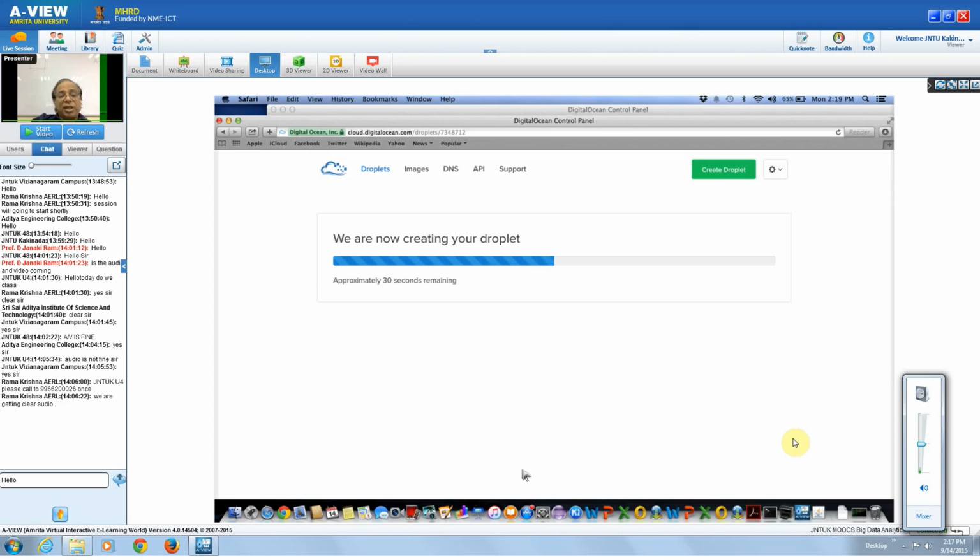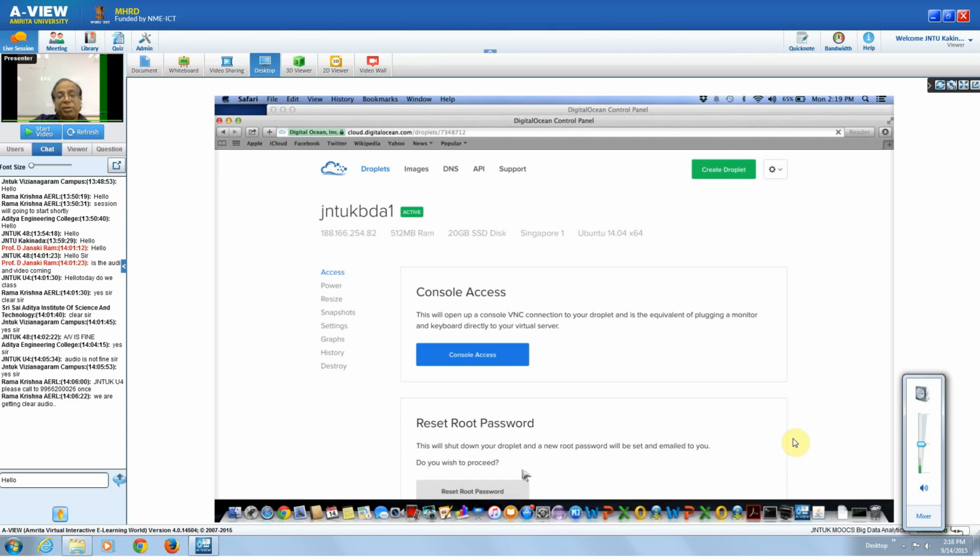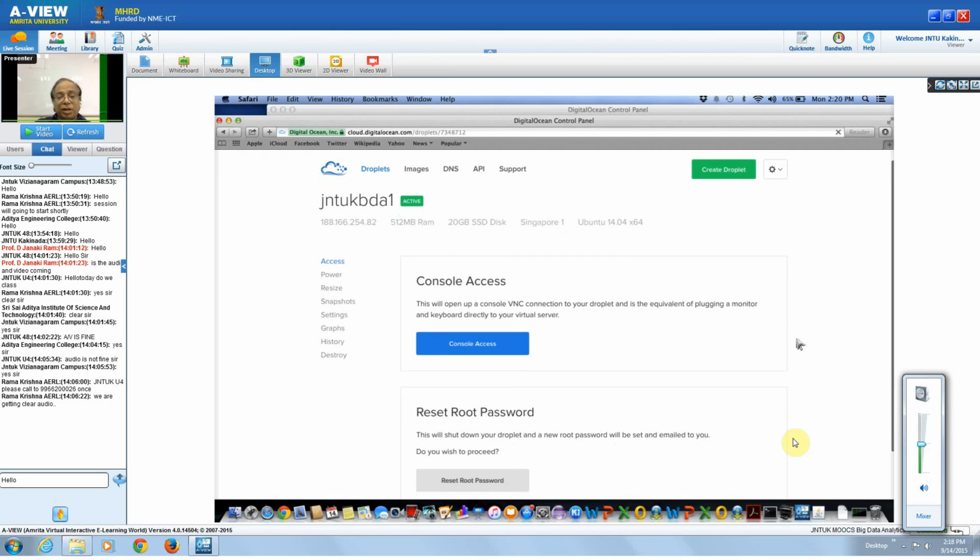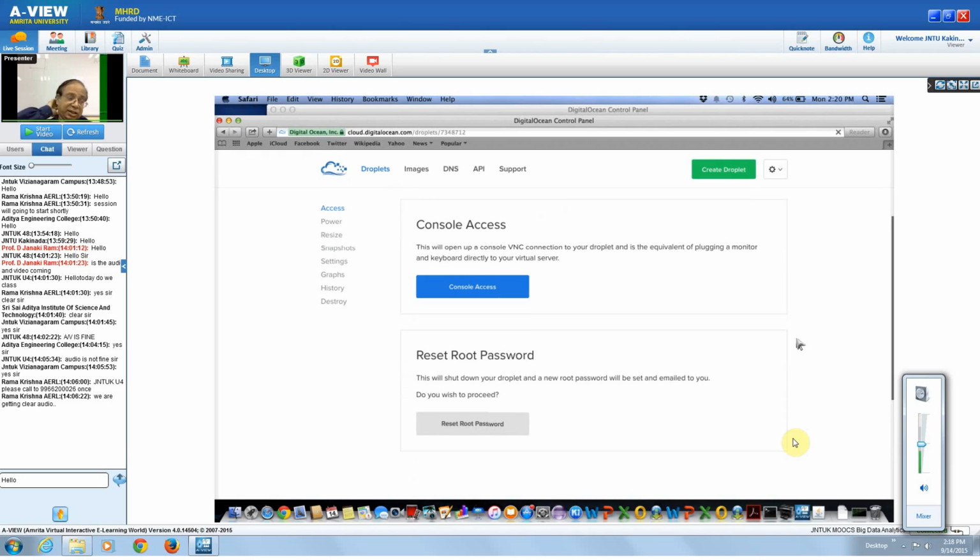Now what I'm trying to say is I'm asking them to create an instance for me in the cloud. I gave my specification. I said, please create this instance with this memory and all that. And then I asked them to create the instance in Singapore. And then I just said, please give me access. Now this is where you get the console access. Once you say I need console access, you can just go to the console. But before that, what I need to do is find out the